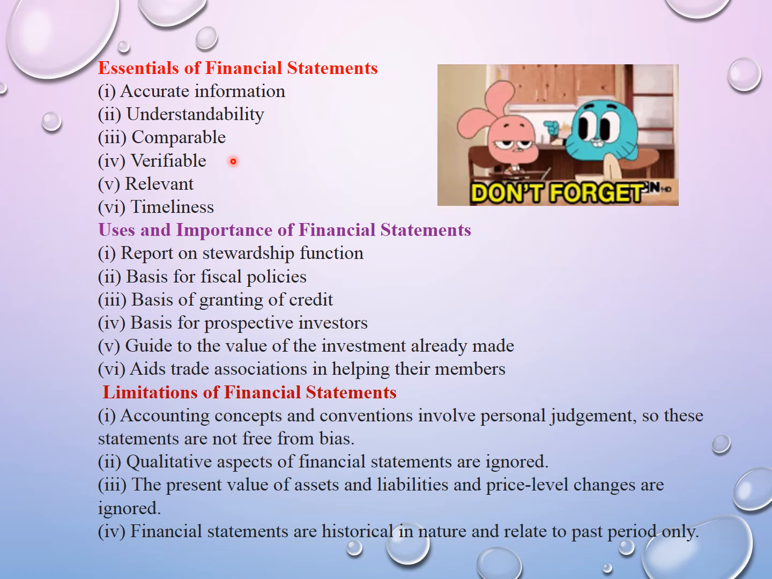There are certain limitations also of financial statements. Number one, financial statements are based on accounting concepts and conventions which can involve some type of personal bias. For example, जो फाइनेंशियल स्टेटमेंट्स चार्टर्ड अकाउंटेंट्स बना रहे हैं, उनके अपने अपने प्रिंसिपल्स, अपने अपने कन्वेंशंस हो सकते हैं. For example, ABC Limited कंपनी के चार्टर्ड अकाउंटेंट provision of depreciation लगा रहे हैं 10%, provision